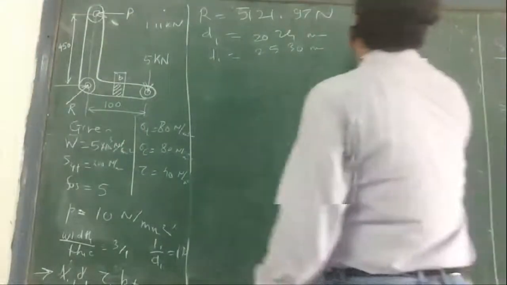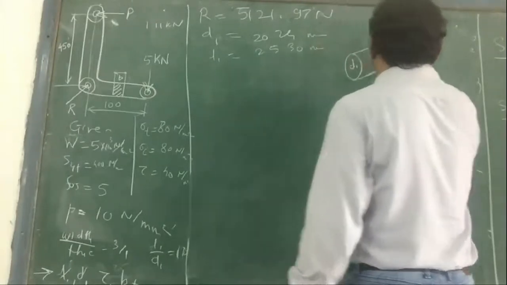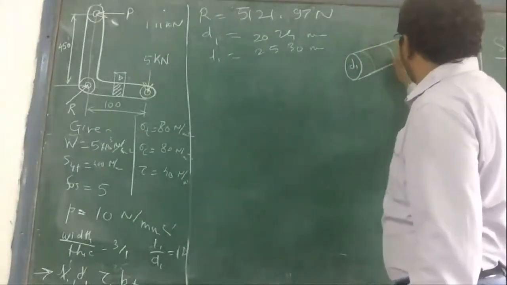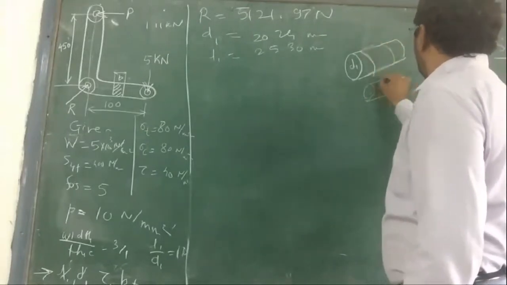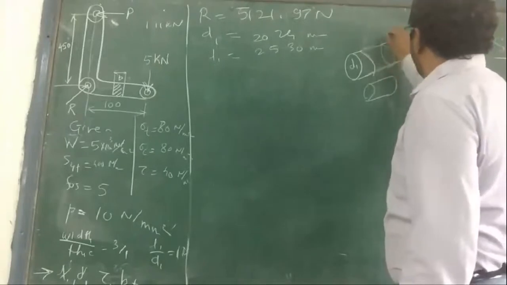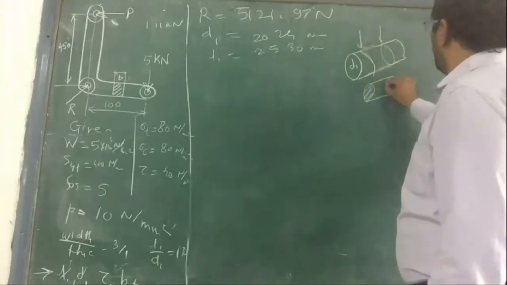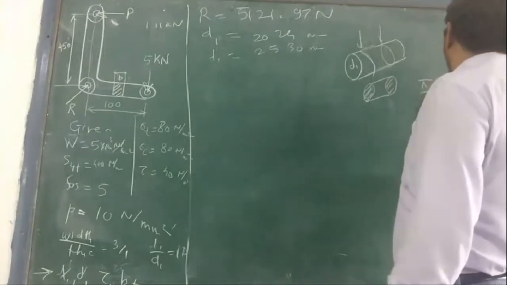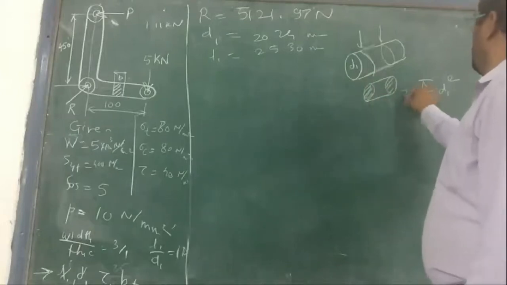Now try to find the shear stress at the fulcrum pin. This is the fulcrum pin, and this is the diameter D1. In this case L1 will not matter. If the pin fails, it will shear and the center part will come out like this. This is the area which is going to resist the shearing failure. What is this area? Pi by 4 d1 square, but it will be a double shear, so it is multiplied by 2.